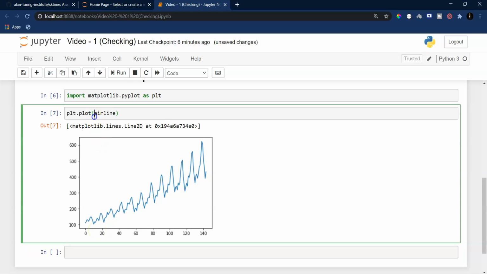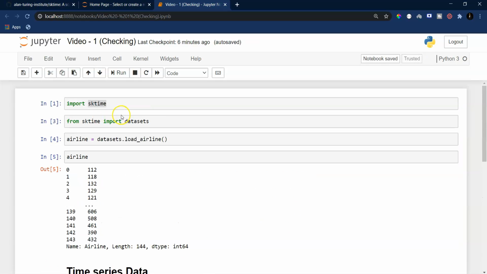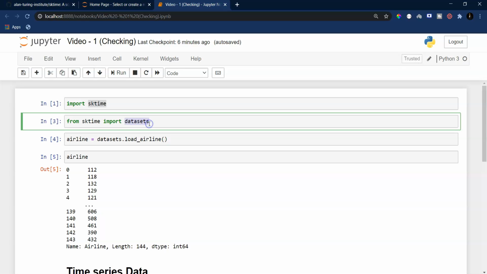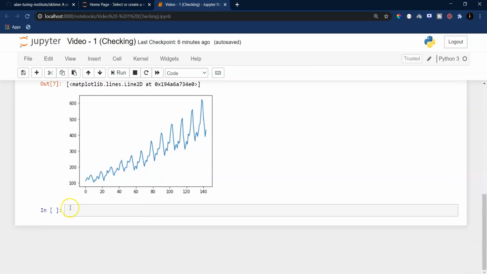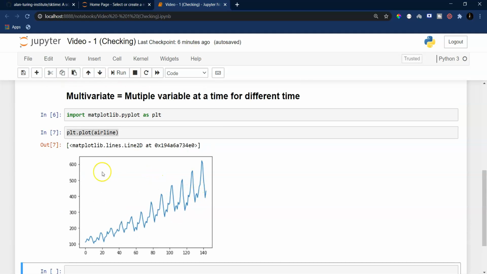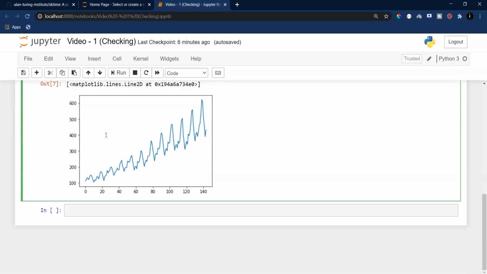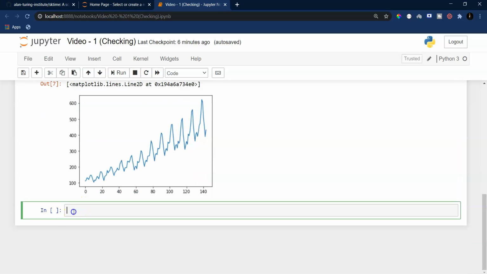After plotting it, it turns out that sktime provides one very convenient function for plotting. We will explore more about that function in later videos, but let me quickly plot this same airline variable using the function provided by sktime.